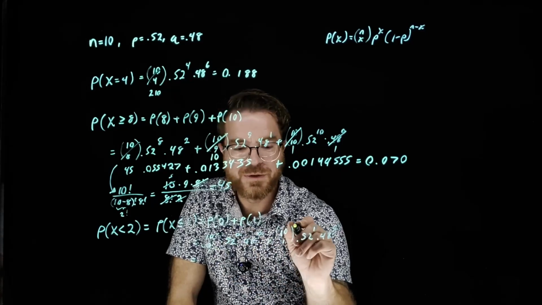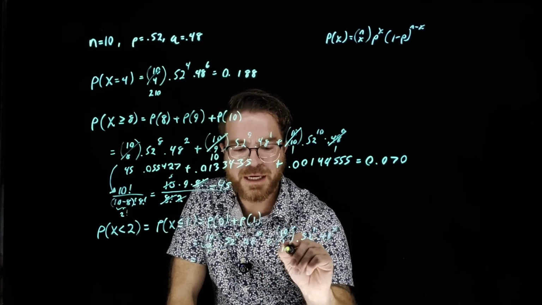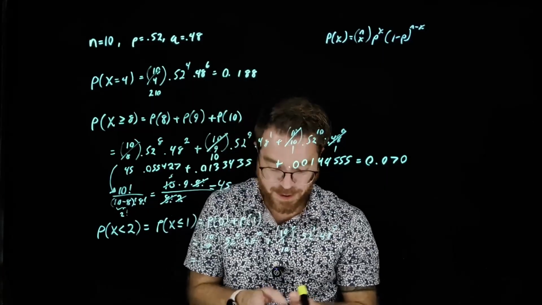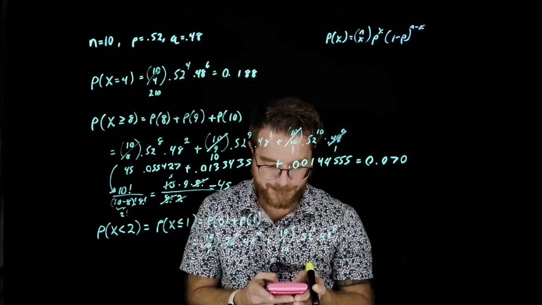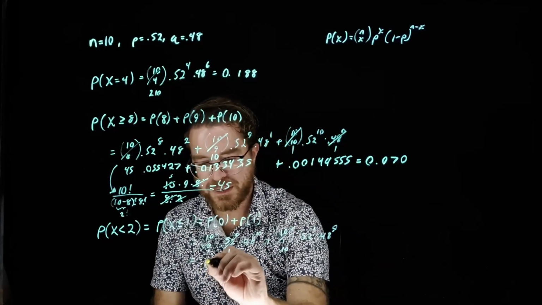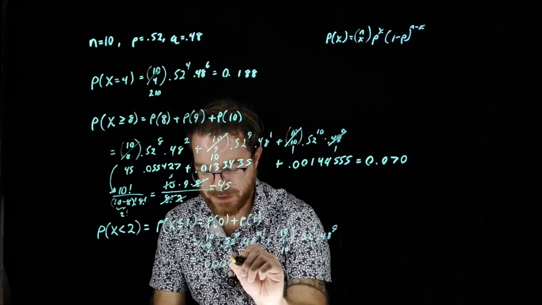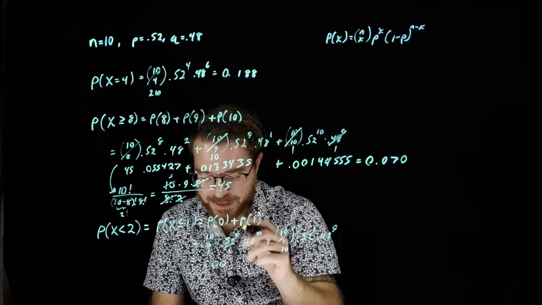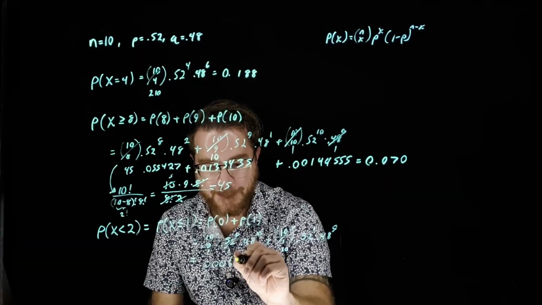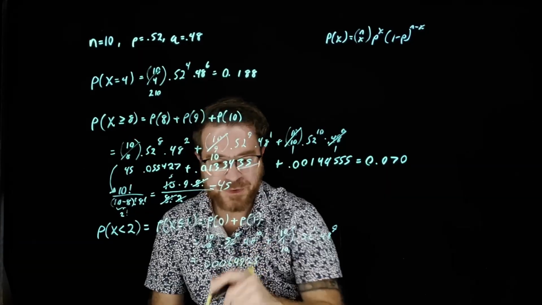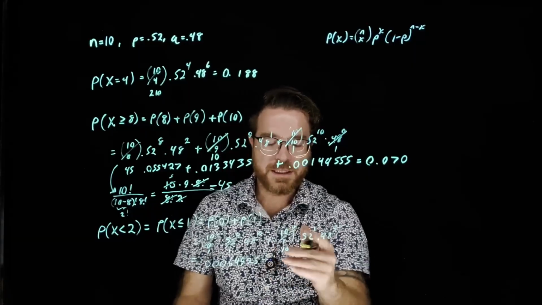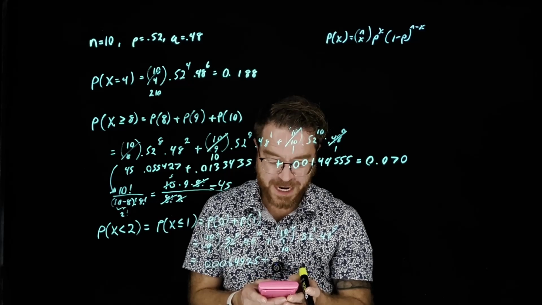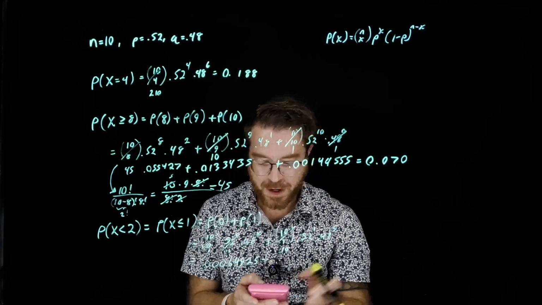be 1, 10 choose 1 is going to be 10, 0.52 to the 0 is going to be equal to 1. This one's just 0.48 to the 10th power, which is going to be equal to 0.000064925. Plus, this is going to be 10 times 0.52 times 0.48 to the 9th power, and I get